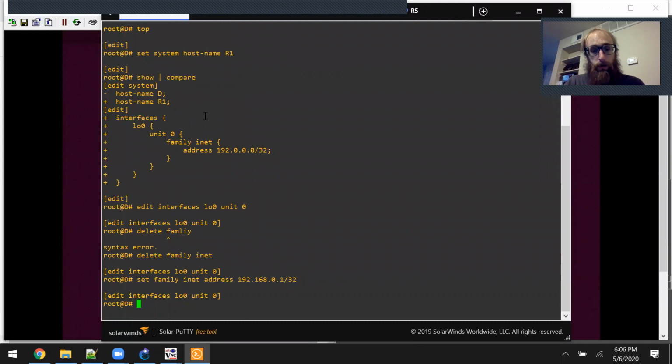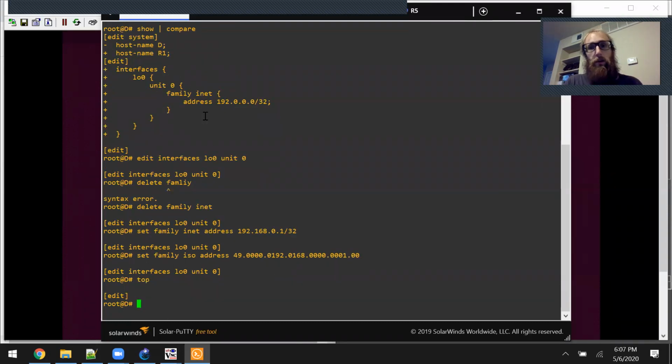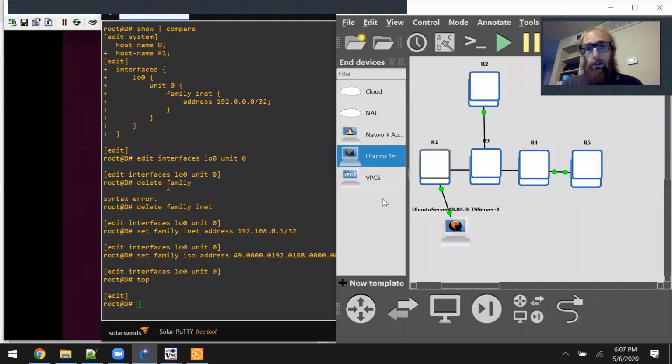And while we're here, we can set the family ISO address. So we'll do 49.0.0.192.168.0.192.0168.0000.0001.00, and then we're going to need to configure our interfaces. So for the scheme there, let's do